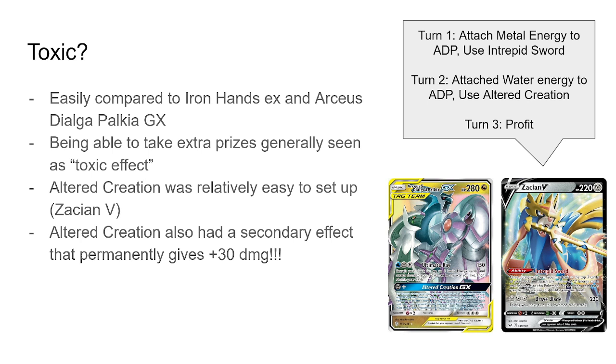There are many ways that you could manipulate your deck for you to get the Metal Energy. And secondly, after that, you just attach a Water Energy to ADP and then use Altered Creation, and then boom, you